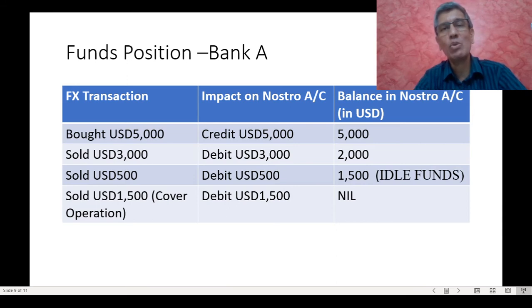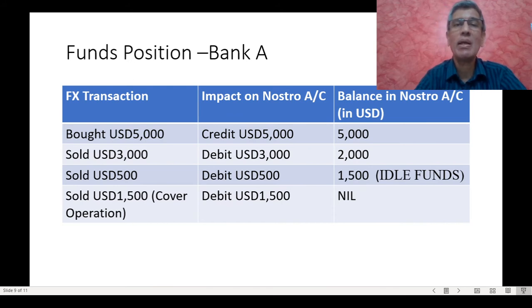Subsequently, the bank sold $3,000. This sale transaction will result in a debit of 3,000 US dollars to the Nostro account of the bank, and its balance will then get reduced to 2,000 US dollars. Thereafter, as we saw in the previous slide, it sold another 500 US dollars, and this sale of 500 US dollars will result in a debit of 500 US dollars to its Nostro account. At the end of these transactions, its credit balance in the Nostro account will get reduced to 1,500 US dollars,